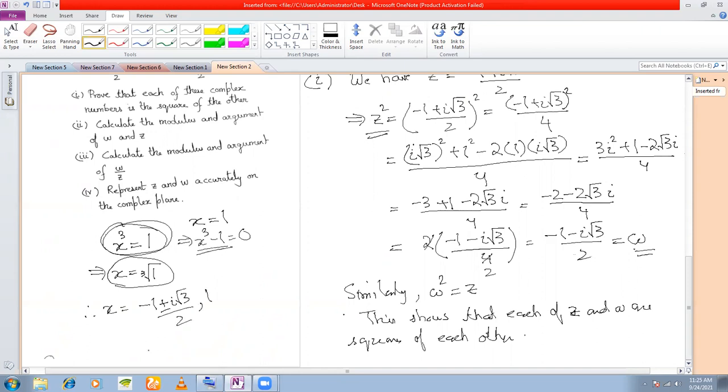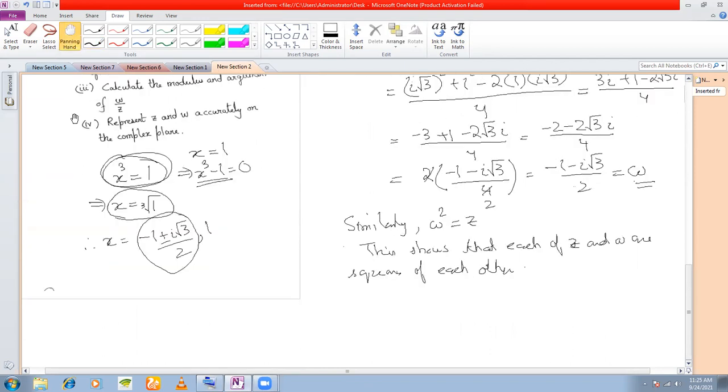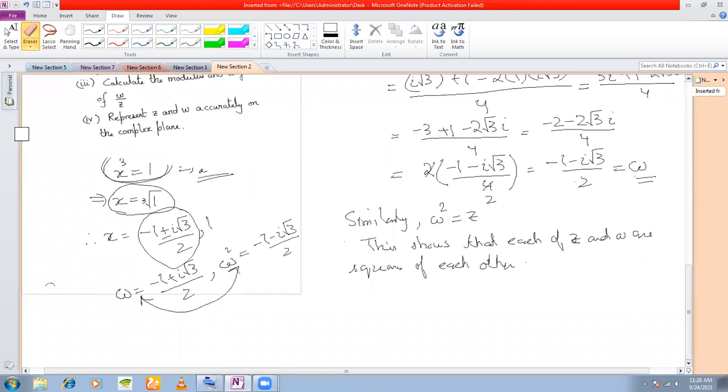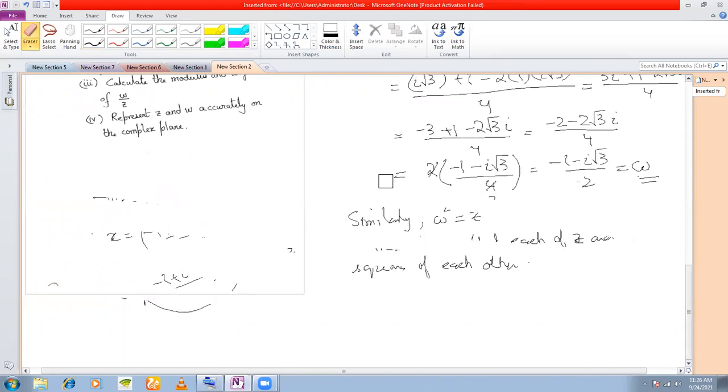One root is 1, and the other two roots are minus 1 plus i root 3 and minus 1 minus i root 3, divided by 2. This is actually what we call omega, minus 1 plus i root 3 by 2. This is one cube root of unity. And the other cube root of unity we take as omega square, minus 1 minus i root 3 by 2, because both of these are the square of the other. You can start from one and you can get the other if you square. So in that context, this is important. We'll come to these properties a little after this. Let's finish the other parts of this very quickly.